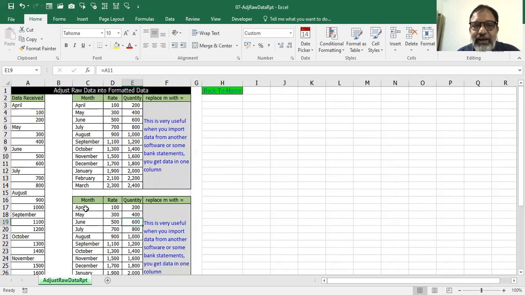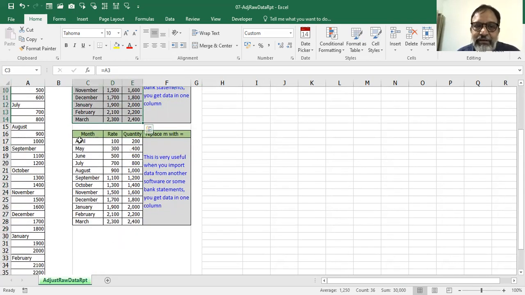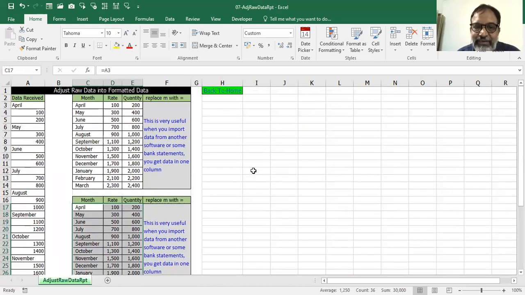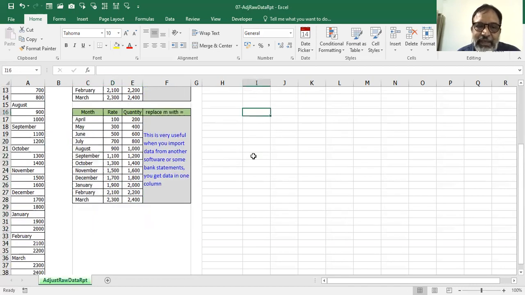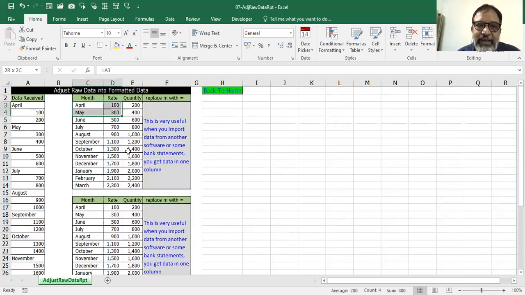So this is the logic of how you can make use of formulas logically, just by giving a single thought to how it can be done. This is not the only way that you can represent your raw data in this format. There are many ways, but I feel this is very easy to understand and easy to explain to anybody without any logical complexities. So I hope this is very clear to you. And if you have any problem, you can write in your comment box so that I can reply as per your doubts.